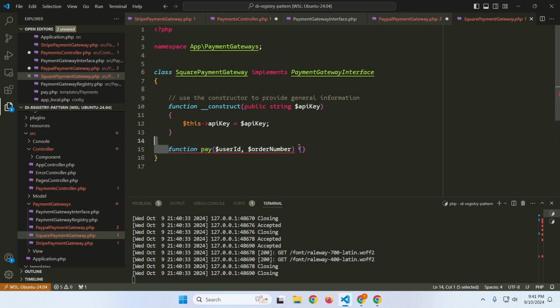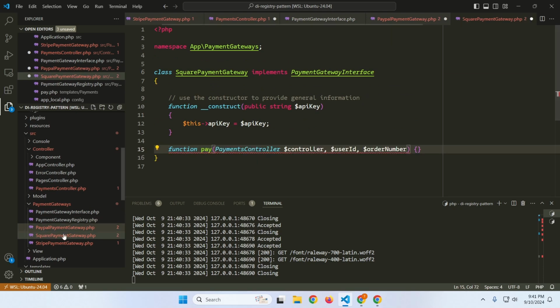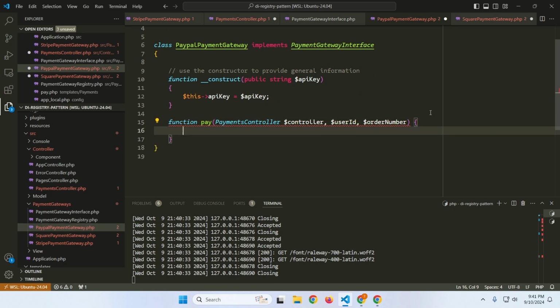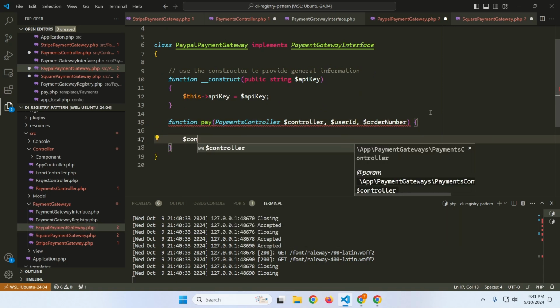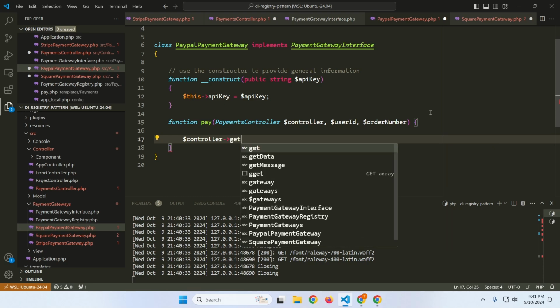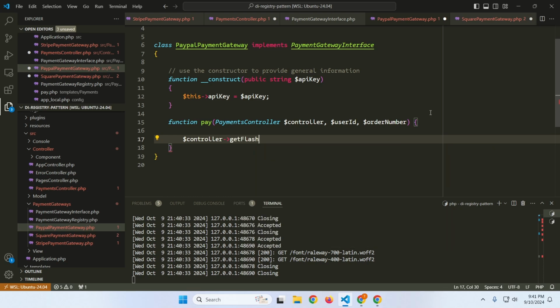Maybe we can just do one and then copy it all. There's a few ways of doing this, but I think I can do payments controller